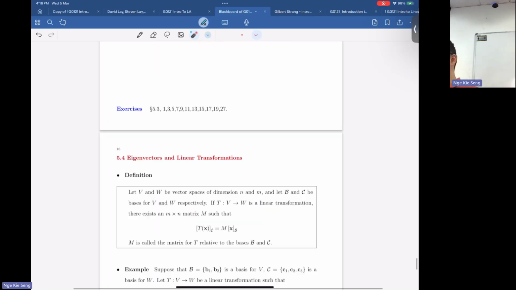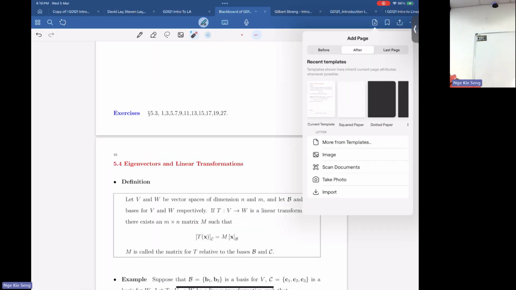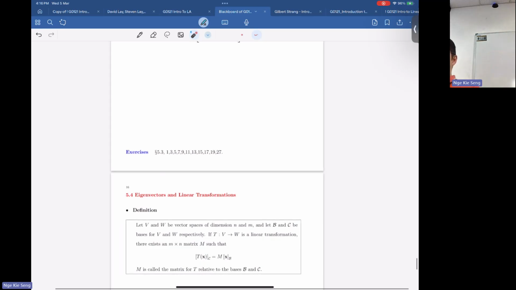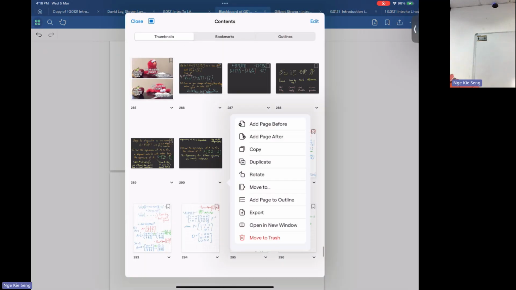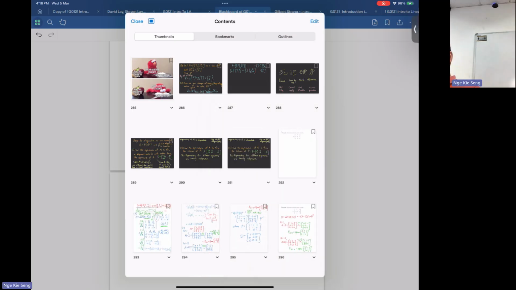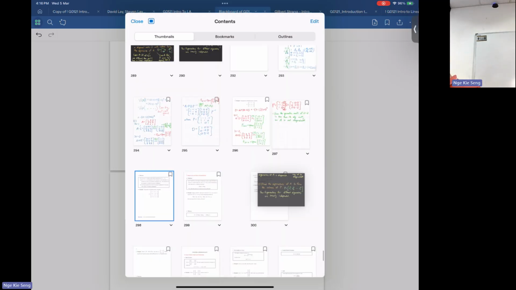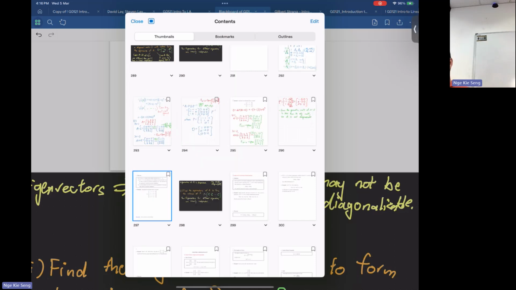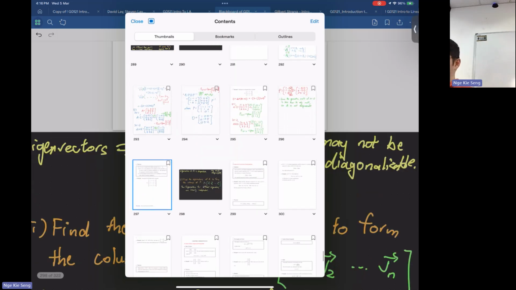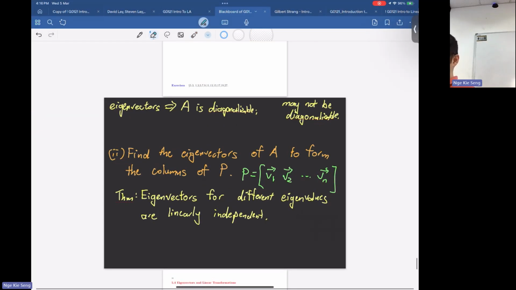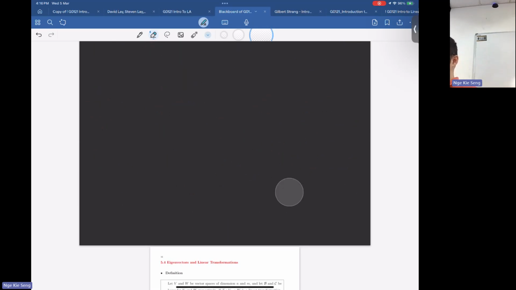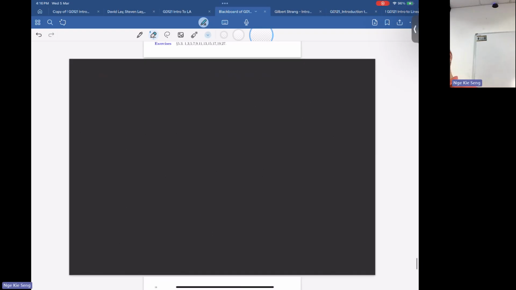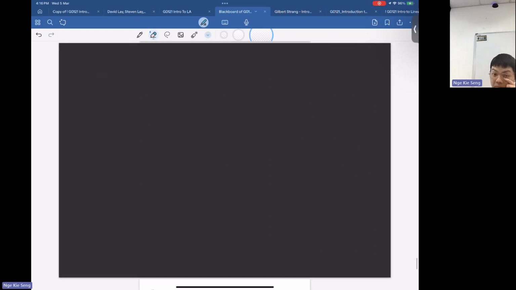All right, next chapter. I think the next chapter is the most abstract chapter in this course. I hope you can get it, and I hope I can explain it well. After this section comes chapter 6, which will be more geometric and not too hard, I think. But this is the most abstract chapter among all the sections you see. Let's see how to motivate this